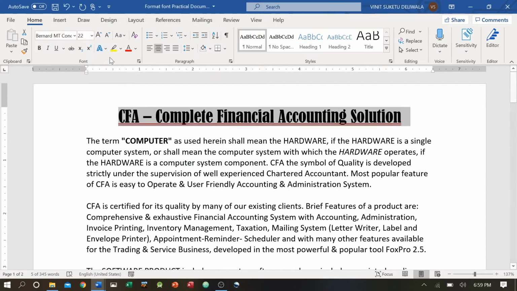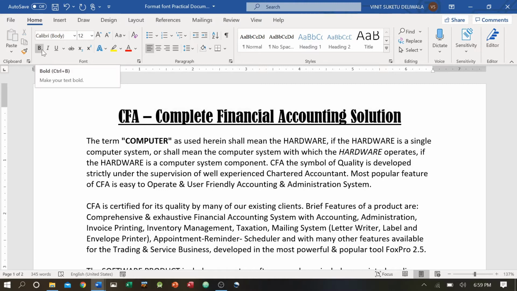So I have underline in maroon color. If I don't want it, I will click it again. It will come to normal. If I click again, it is off. So it is either on or off. I'll click it on to keep underline active. So this is what font style is, that is bold, italic and underline.